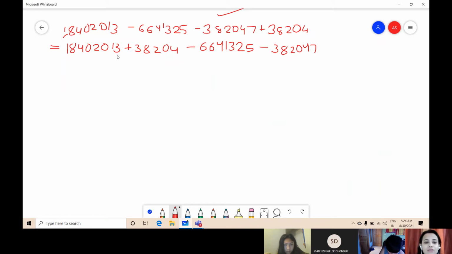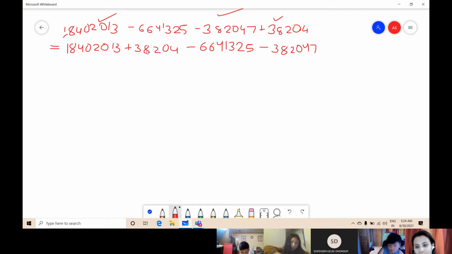Now see one thing, if you want, you can skip this step also, but what you have to do is add the numbers having the addition sign together. If you add directly, you can skip this step. But if you want, you can write this step so that you will not get confused, and after that you can solve. It's up to you. Now see the third step.